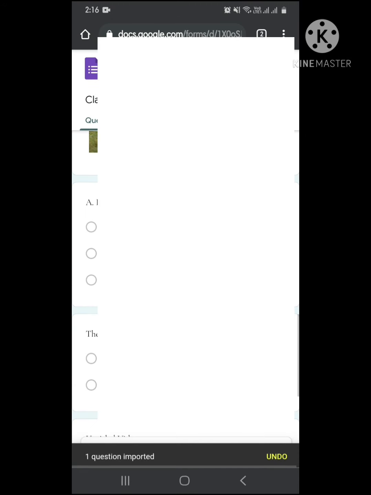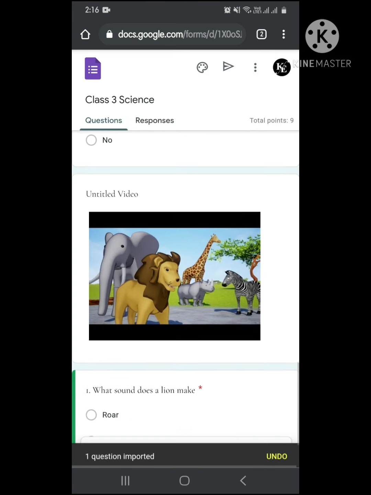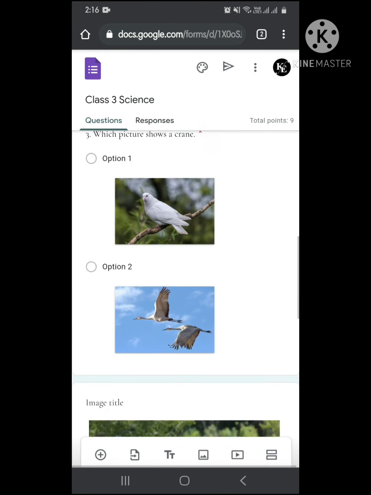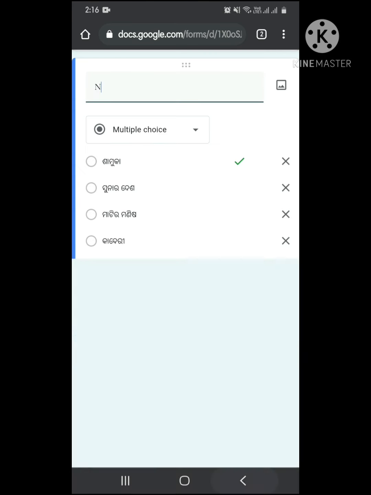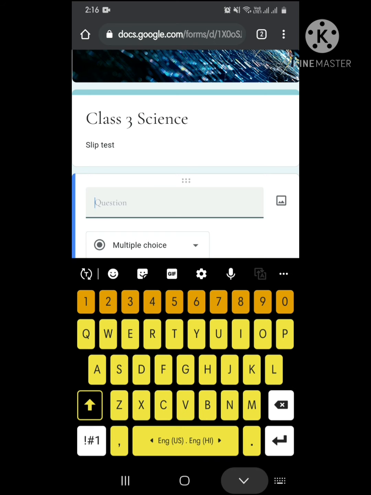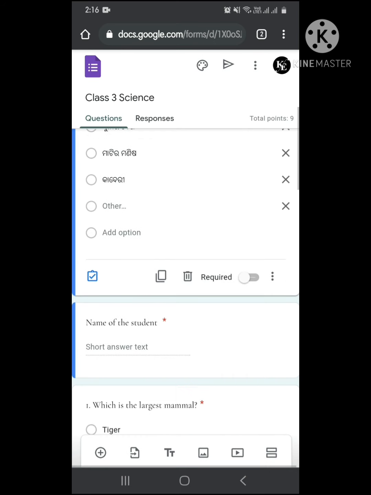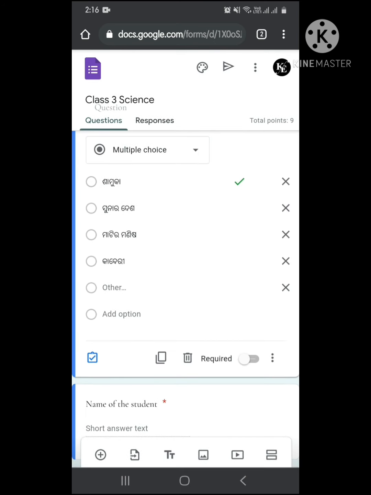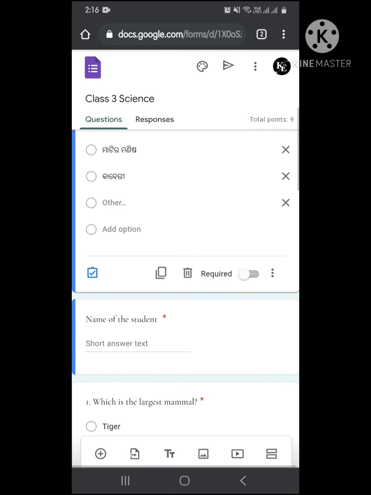So when I click on import questions, we will find a question here. As you can see, the question has been imported. So like this we can import questions from other question papers also.